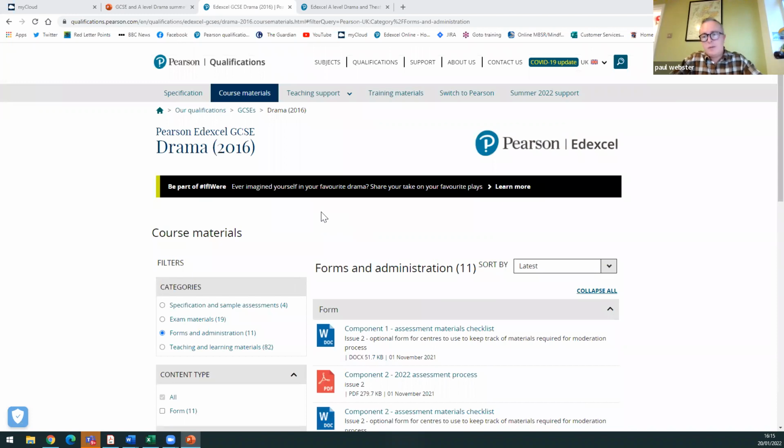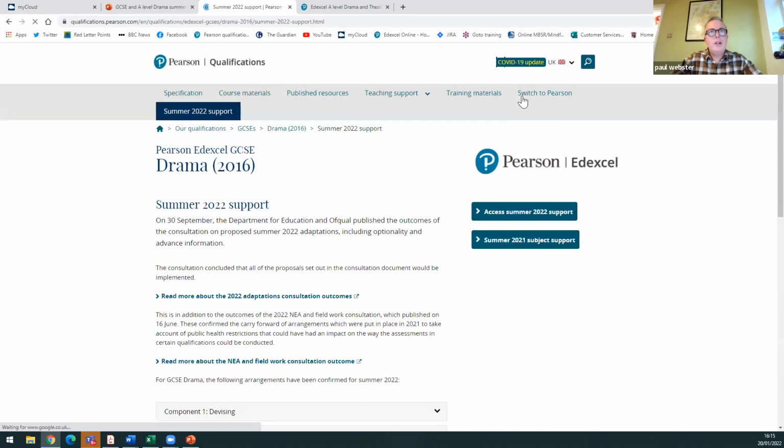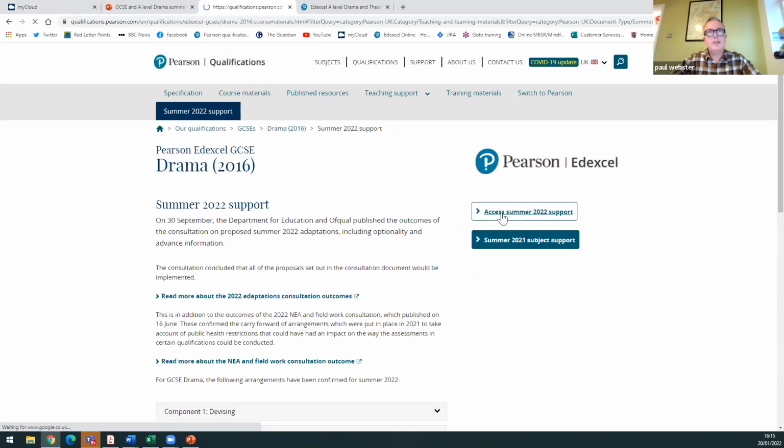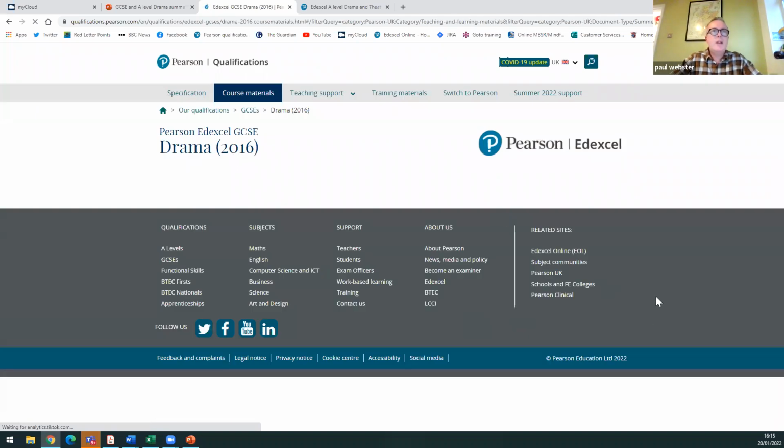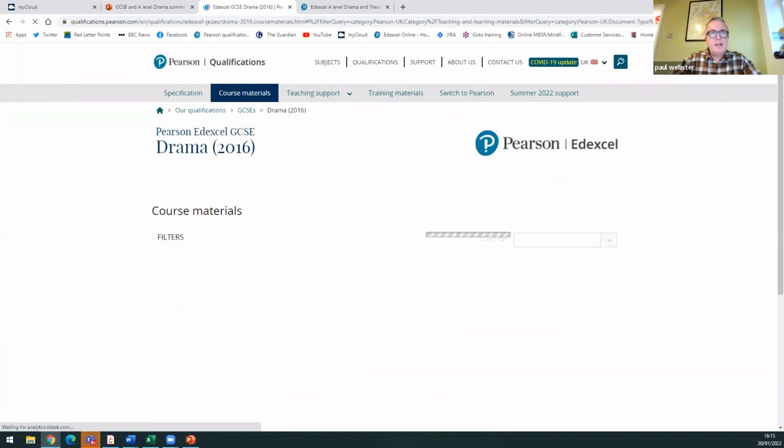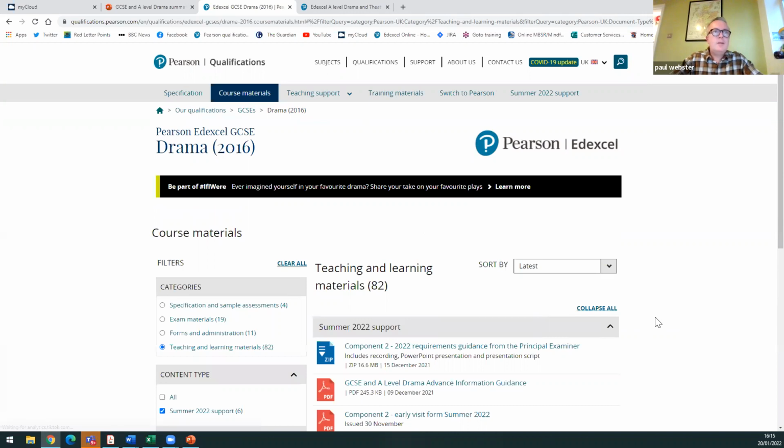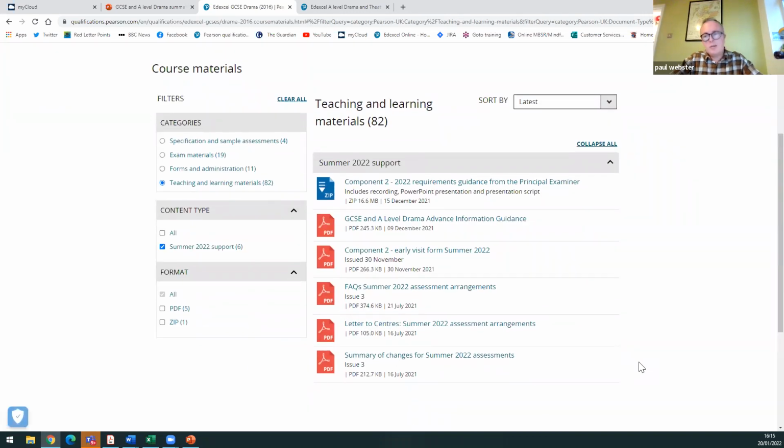The other area of the website I'd like to take you to is if you go back up to the top and to this tab here and click on Summer 22. We've got some really useful information here. So we press Access Summer 2022 Support, and what we're then given, we're given 6 documents at the moment.